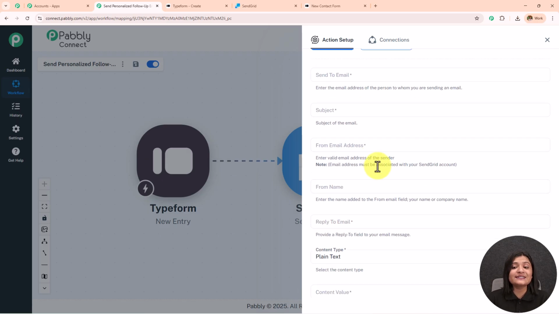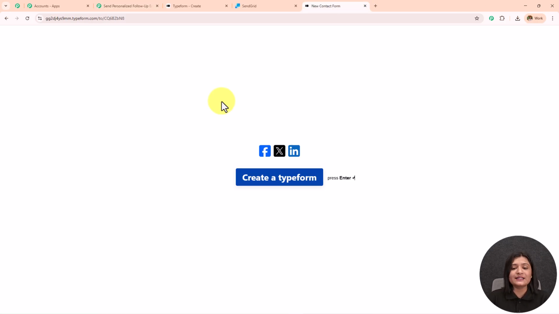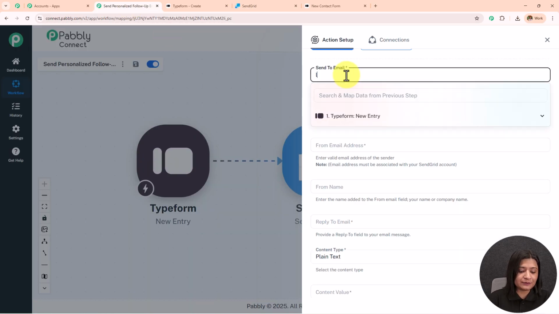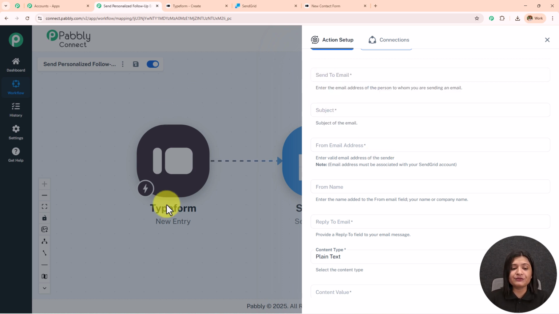So the first one is send to email. So I'm going to send this to that person who has submitted this form. Now I'm not going to enter the email address of that person manually like this over here. Instead, I'm going to use a method called mapping, which means I'm going to enter the data from the previous